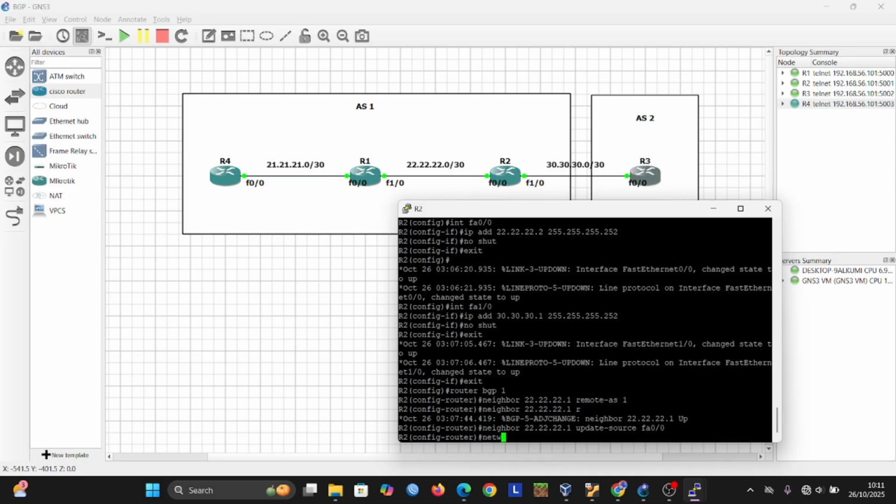Don't forget to enter the network and the subnet mask.